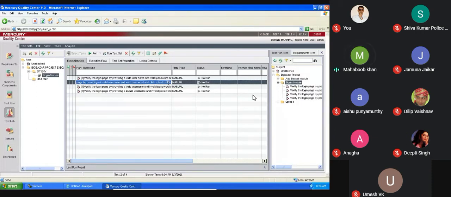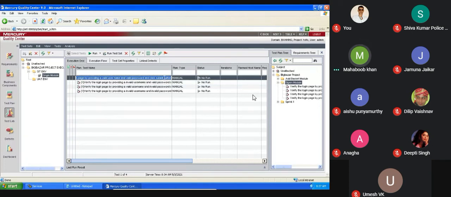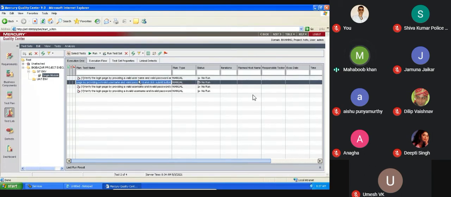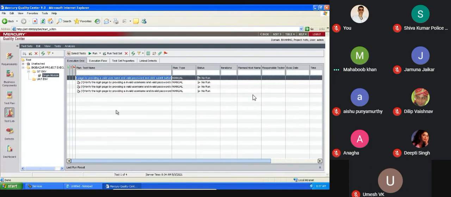Now let us see how you will be executing the test case. I don't need the test plan now. Select the test case which you want to execute from the selection grid and click Run.